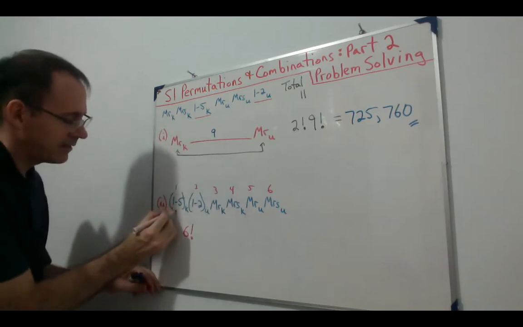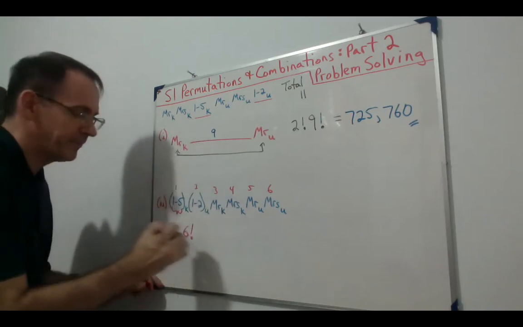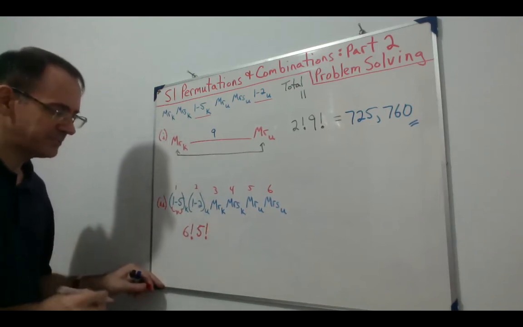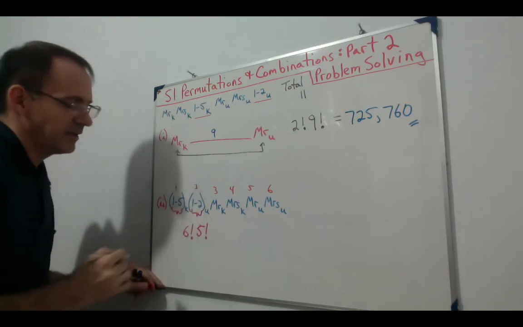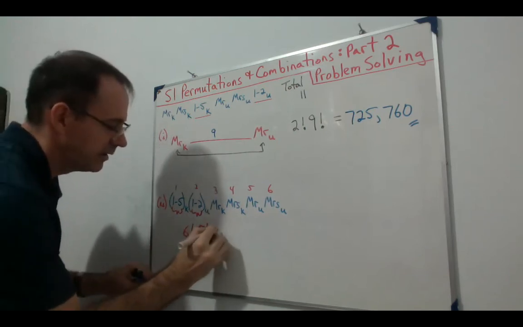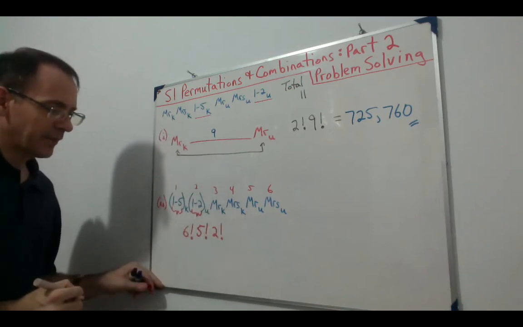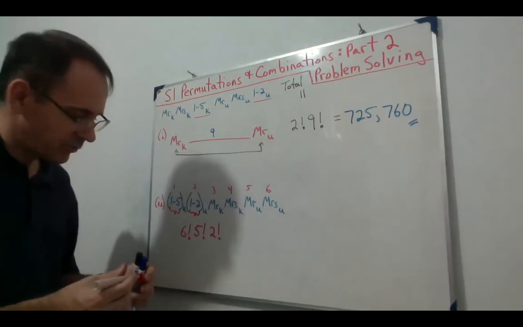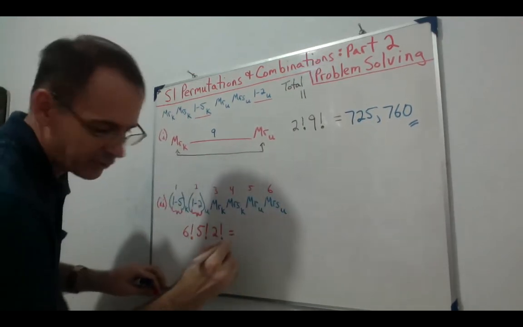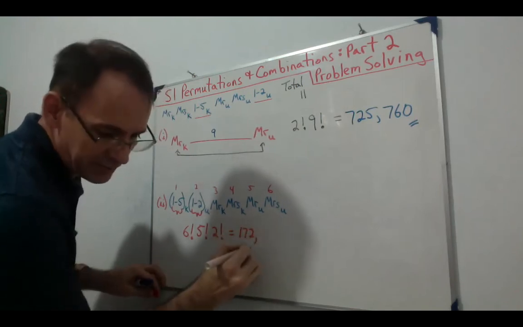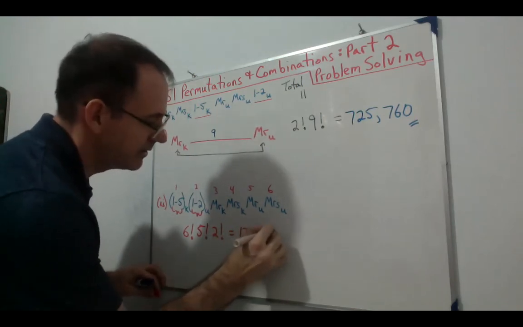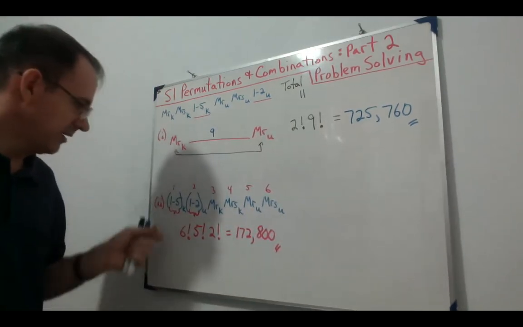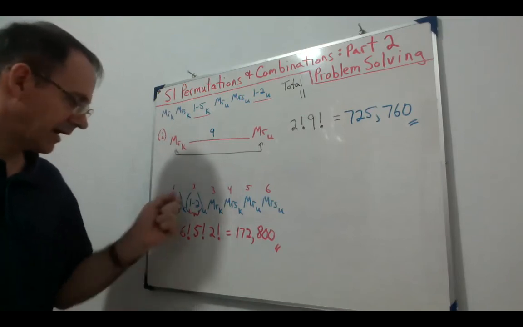Then within the 5 children group, there are 5 factorial ways of arranging those, and within the Uzuma children group, there are 2 factorial ways of arranging those 2. We calculate that up and we get a total of 172,800 different arrangements